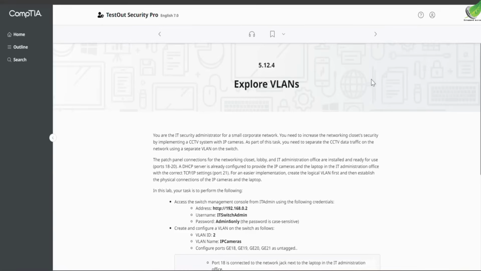As part of this task, you need to separate the CCTV data traffic on the network using a separate VLAN on the switch. The patch panel connections for the networking closet, lobby, and the IT administrator office are installed and ready for use. That is port 18 to 20. A DHCP server is already configured to provide the IP cameras and the laptop in the IT administration office